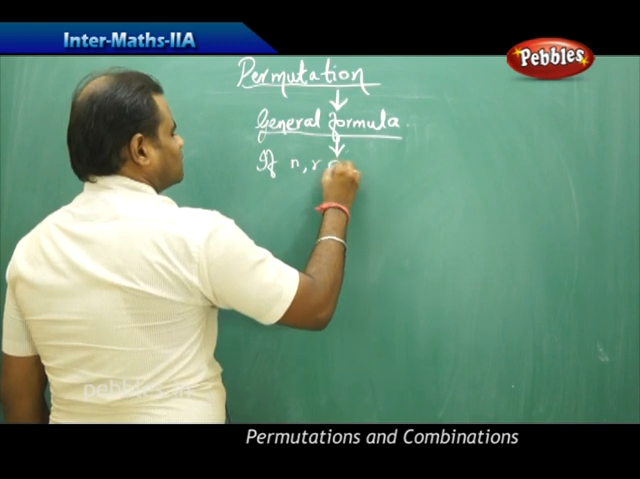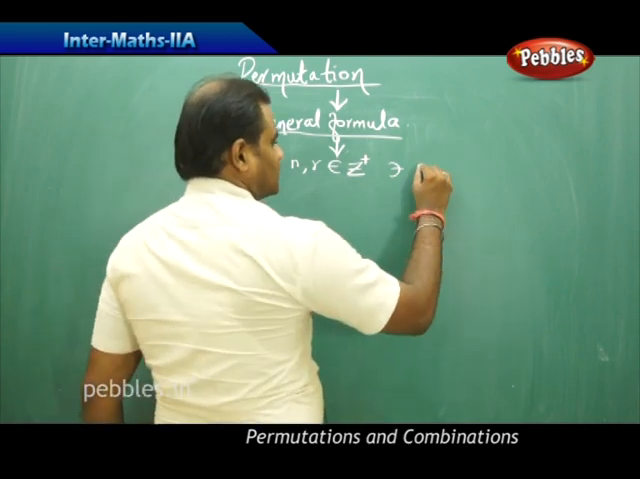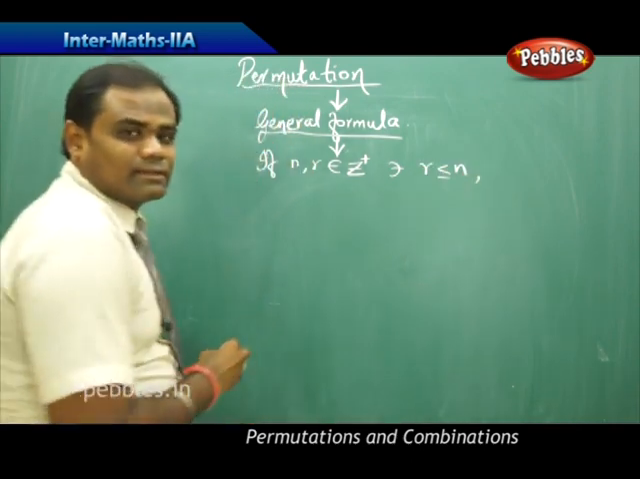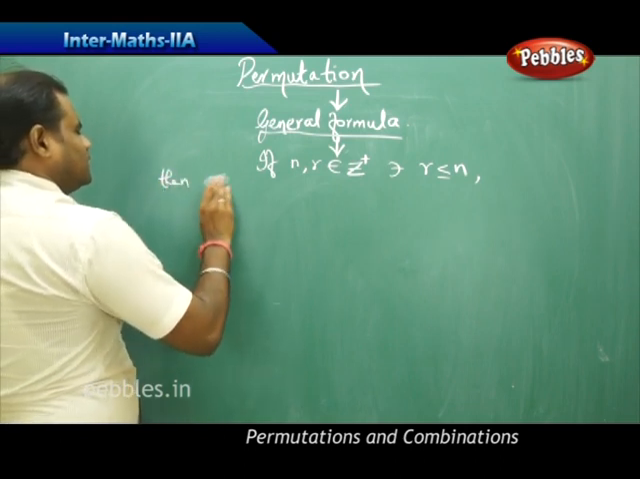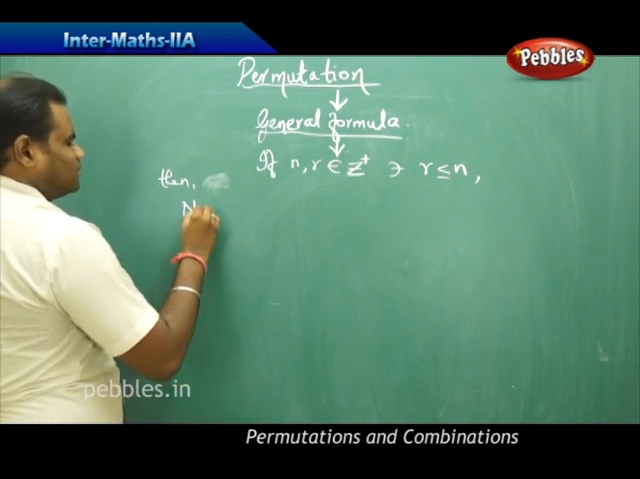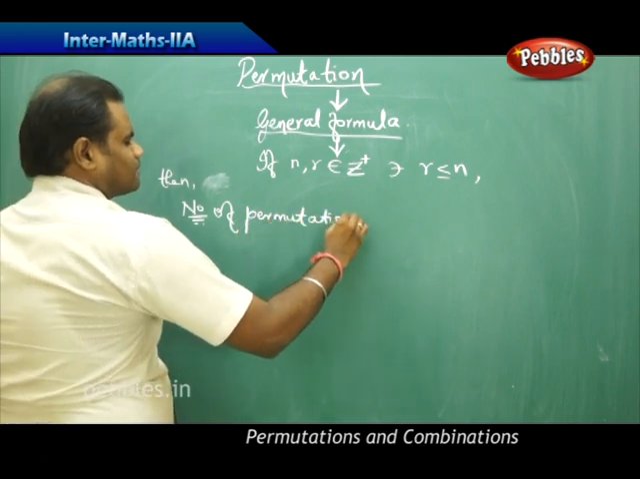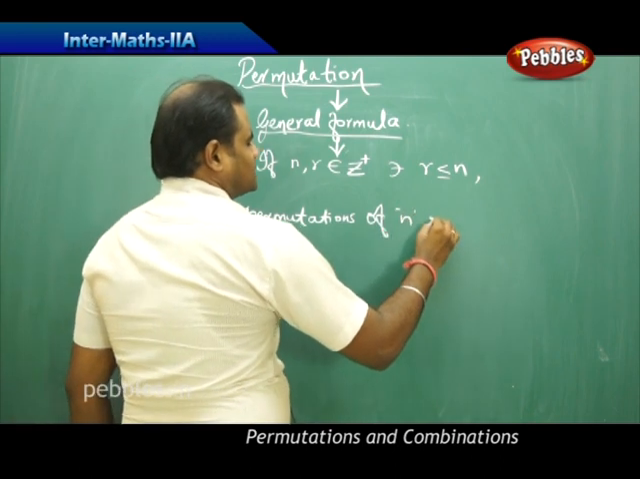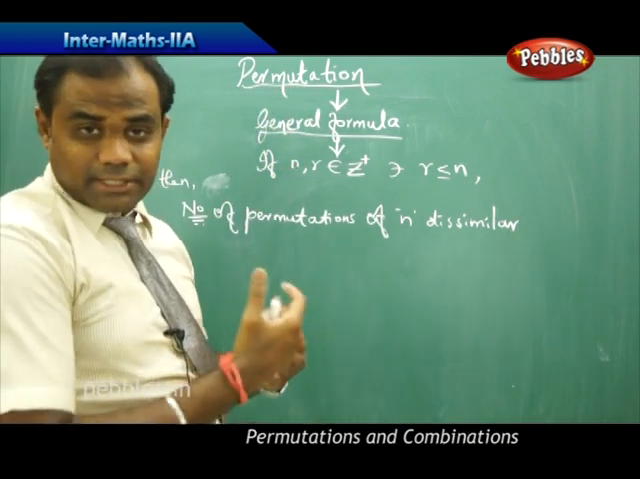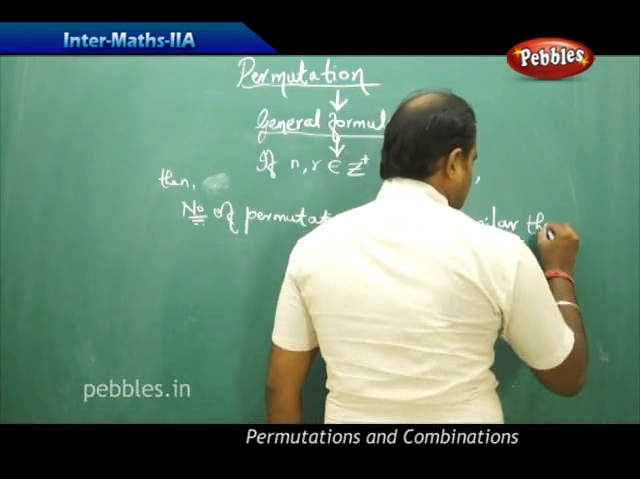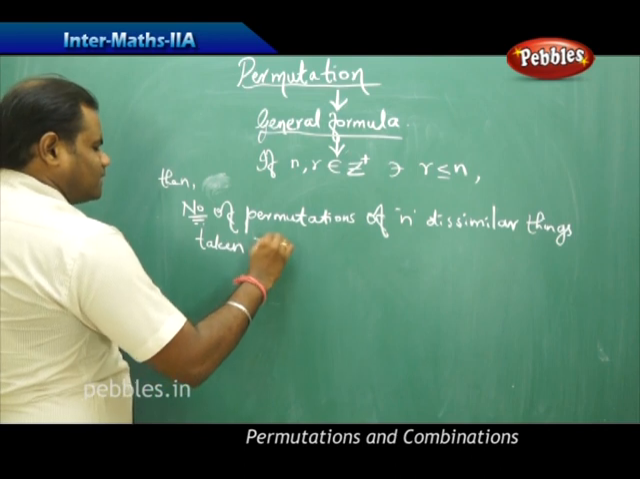If n and r belong to Z plus such that r is less than or equal to n, then the formula says that the number of permutations of n dissimilar things, that is, they are not similar but they are all distinct from each other, taken r at a time,